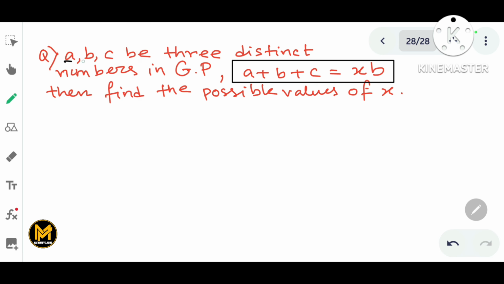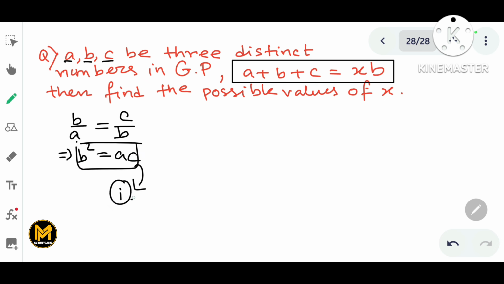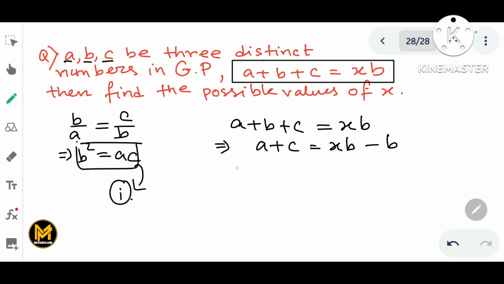So first of all, we will look at a, b, c are in GP. So clearly we can say b by a is equal to c by b. That will give us b square equals ac. Keep it in hand as equation 1. Now we are given that a plus b plus c is equal to x times b. Now we can write a plus b, and we will bring b to the right side, that is a plus